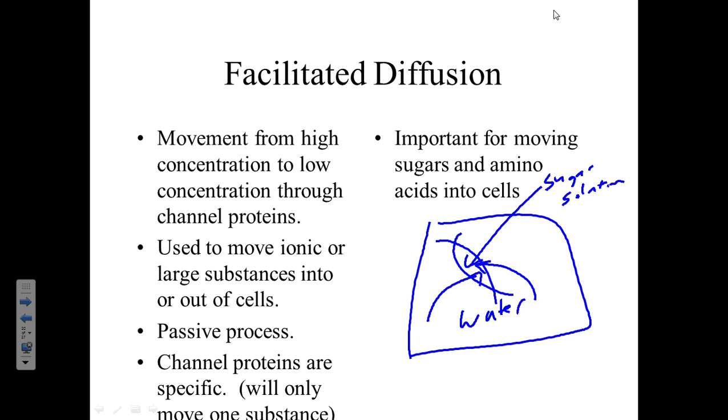All right, the third way of cell transport that we're going to talk about, and we talked about a little bit yesterday,